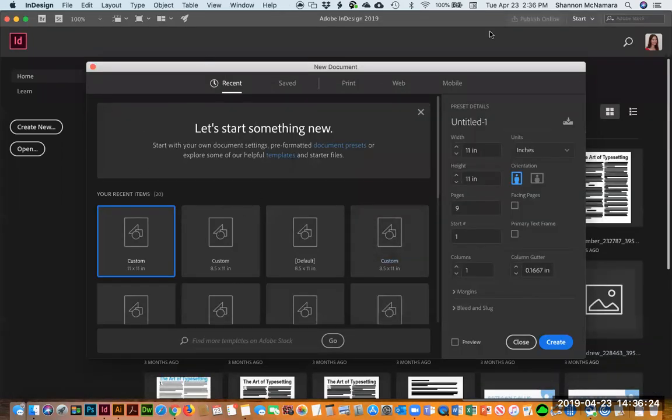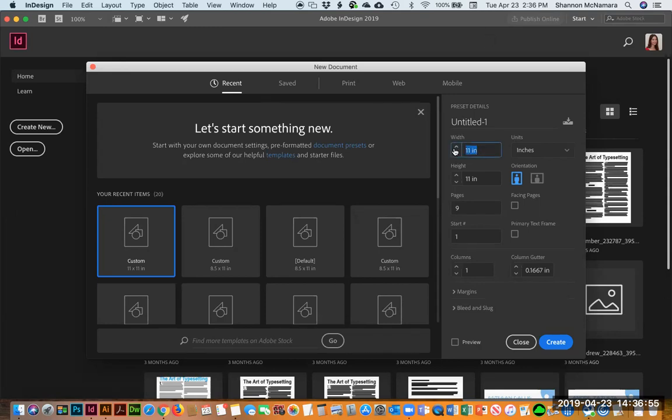So in InDesign, I want to set this up. I don't want to do an 8.5 by 11 page. I want to do something kind of fun, something big, where if people are looking at it online, it's a nice big page that'll nicely fill the screen. So I'm going to be kind of crazy and do a 25 by 15 size document,